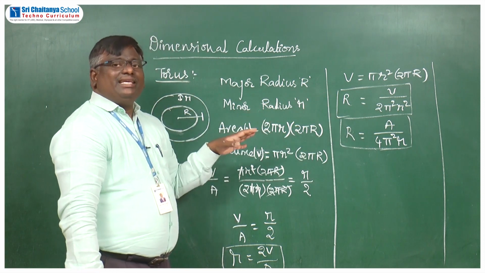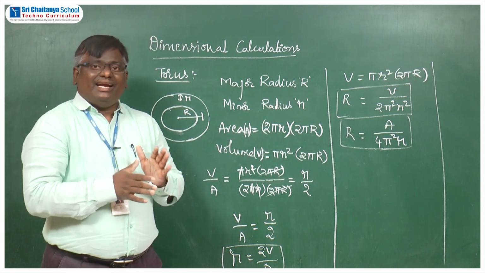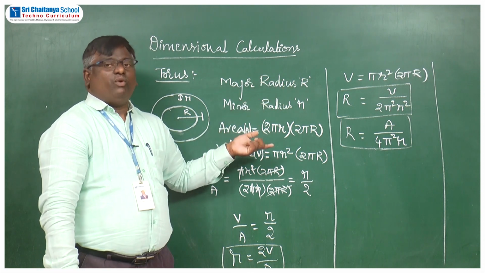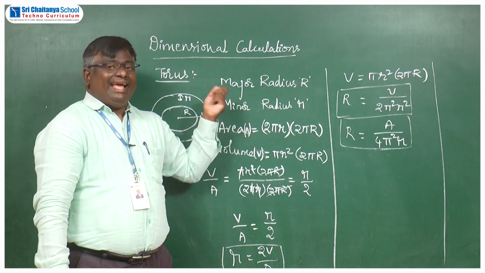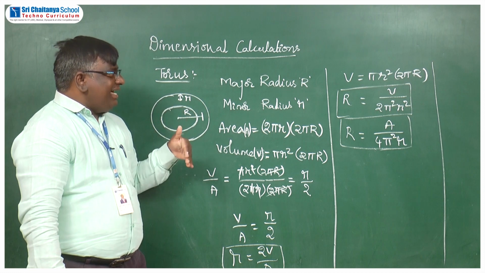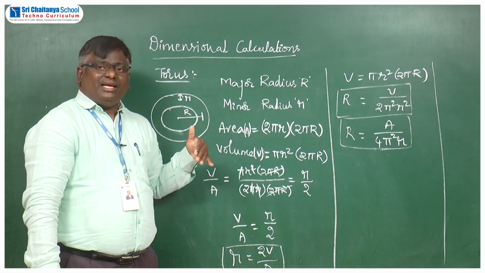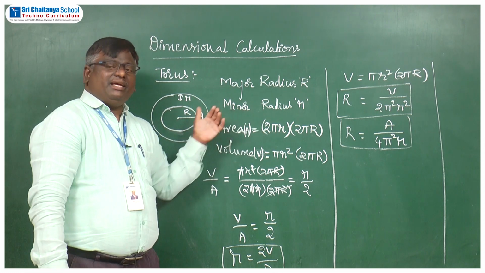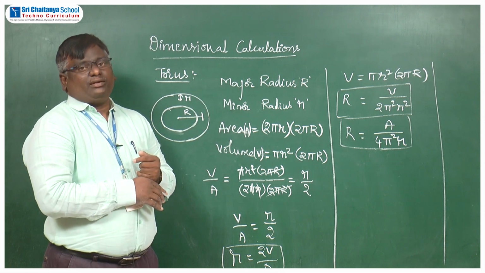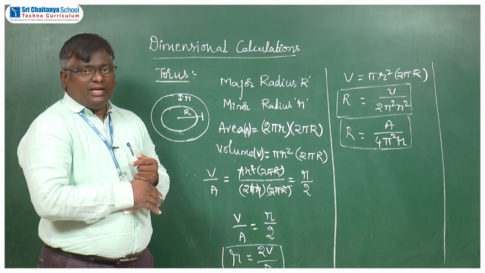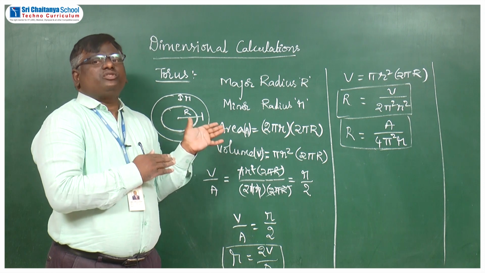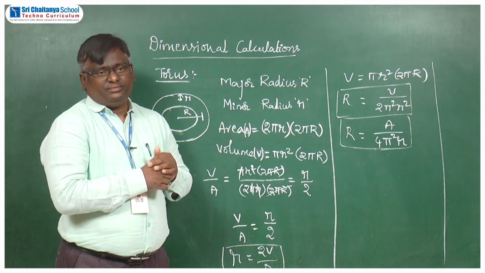Why was I deriving these values? Because as I said, by taking the values for capital R and small r, you can calculate the area and volume. From that you can allot the area per person or volume per person. That is one way of calculation. Whereas, based on the population, the area per person and the volume per person, we can calculate the capital R and small r. Okay? Now, I am going to teach you how these values can be calculated based on population.